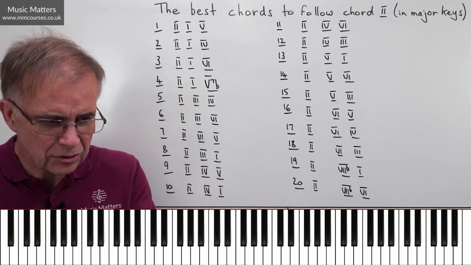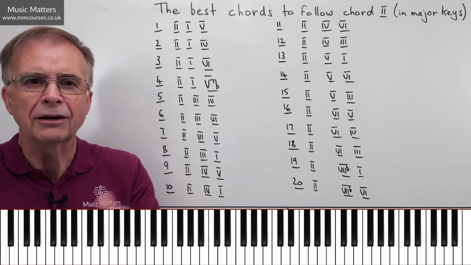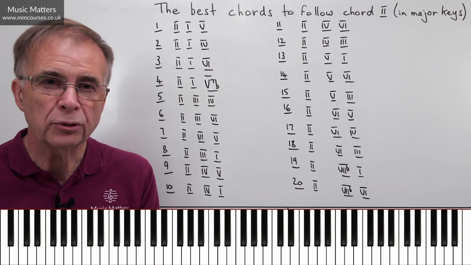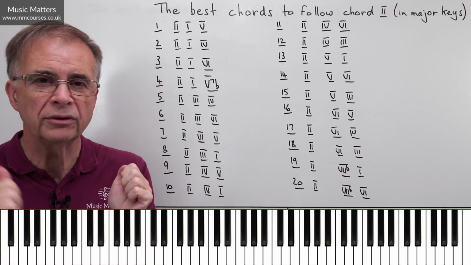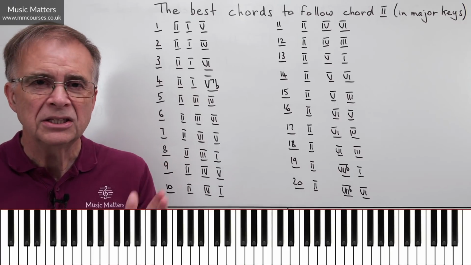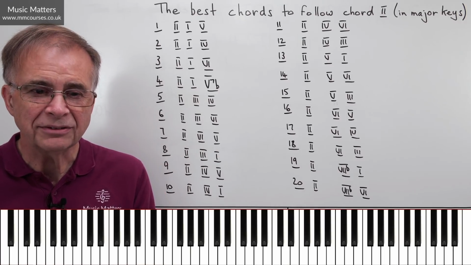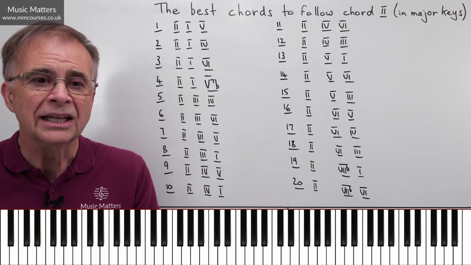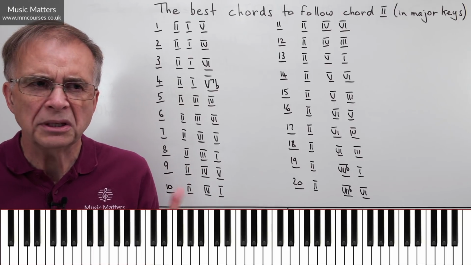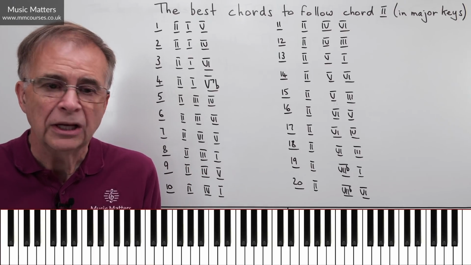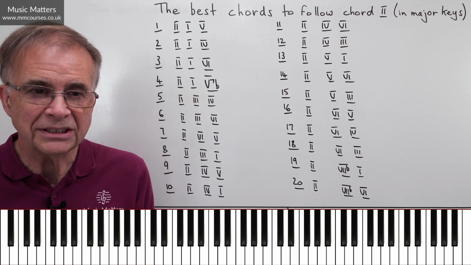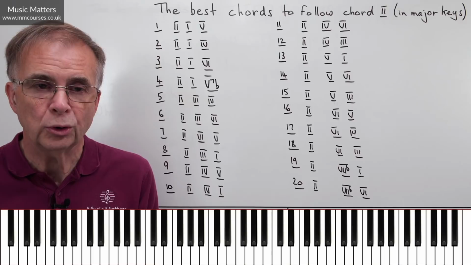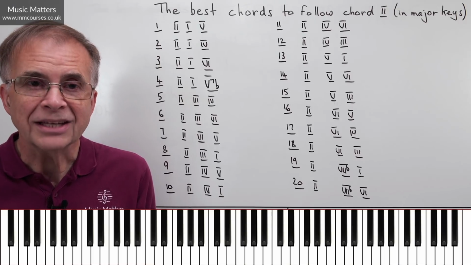If I decide to use chord 2, where am I going to go from there? Lots of people find they're a bit stuck with what we call the primary chords, chords 1, 4 and 5, and they're kind of dying to be a bit more inventive. And this is where these secondary chords come in, 2, 3, 6. But if you're going to use the secondary chords, well, where do you go from them? Well, here we are, 20 possibilities for how you could progress from chord 2. So I hope that's helpful.